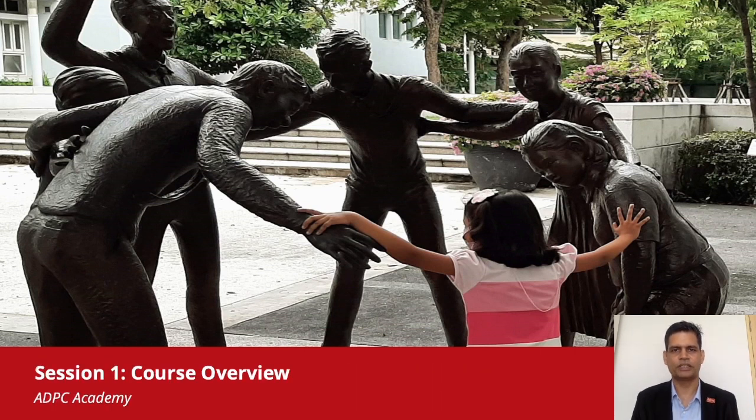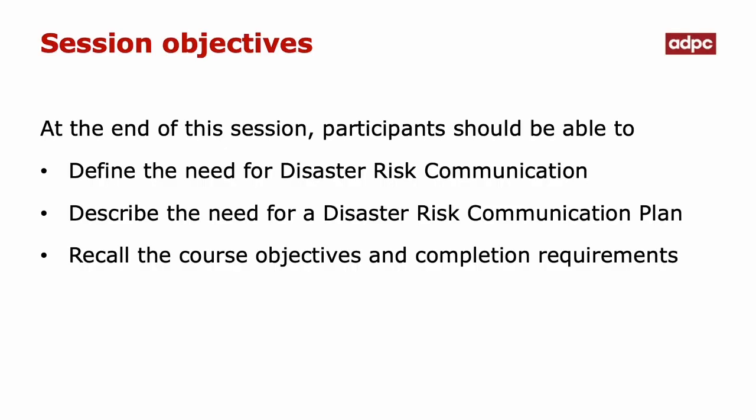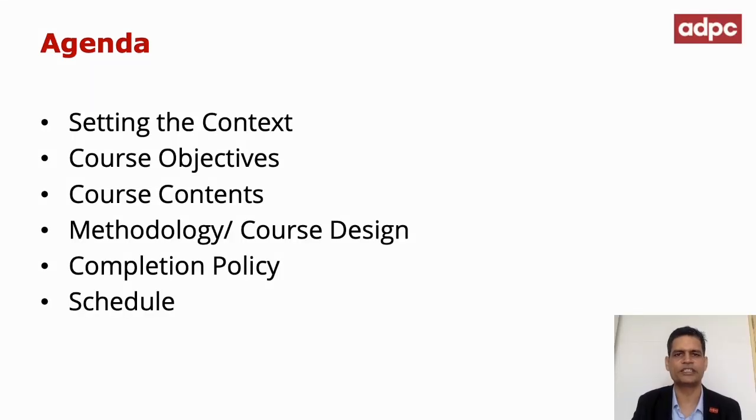This presentation on the course overview aims to achieve three key objectives. At the end of this session, participants should be able to define the need for disaster risk communication, describe the need for a disaster risk communication plan, and recall the course objectives and completion requirements. To achieve these objectives, this presentation contains the following agenda: setting the context, course objectives, course contents, course design or methodology, completion policy, and